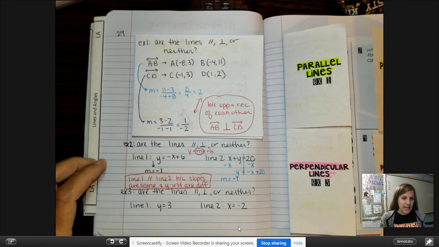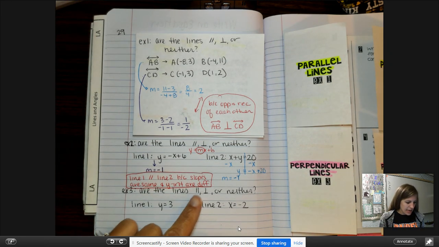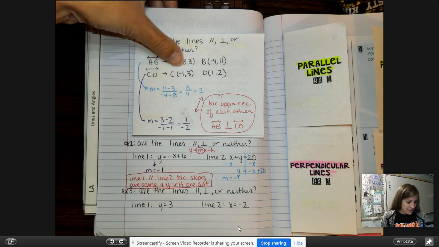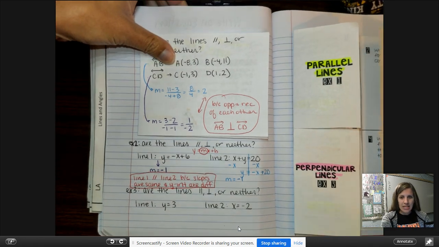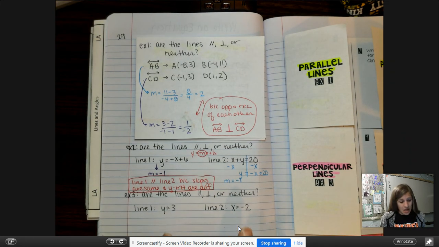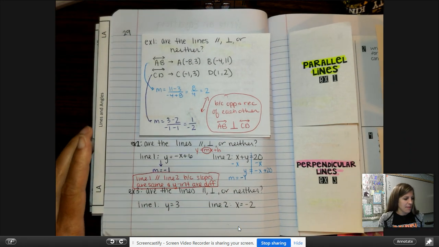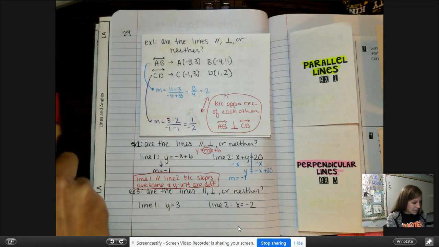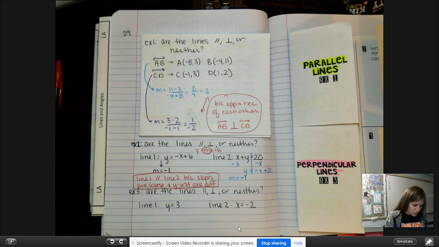Okay, so last but not least, same question. Are the lines parallel, perpendicular, or neither? So again, they've given me, instead of points that they go through, the equations of the lines. Now these equations are a little bit strange, and I mentioned them in my little extra linear equation video, that a y equals equation,